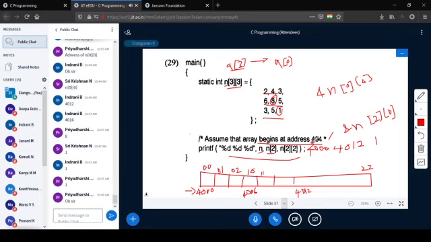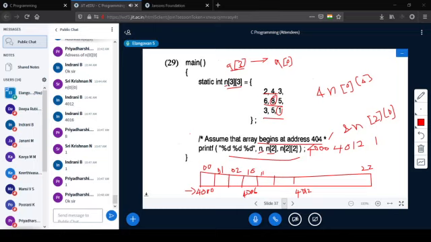If it is 404, then 404, 406, 408, this is 410. 406, 410 here, 12, 14, 16. 416 will be the answer. Right? 404, 416 and 1 will be the answer. Yes?